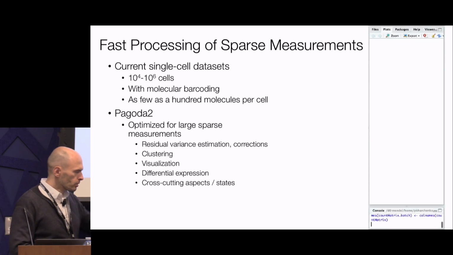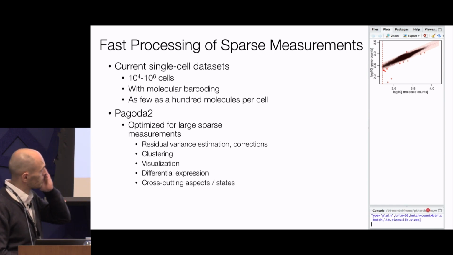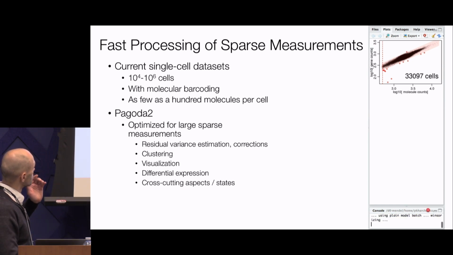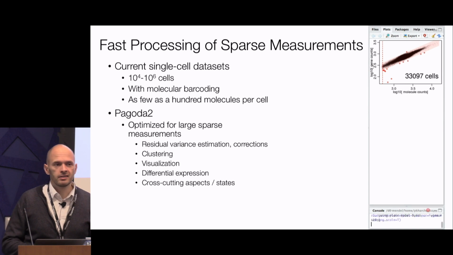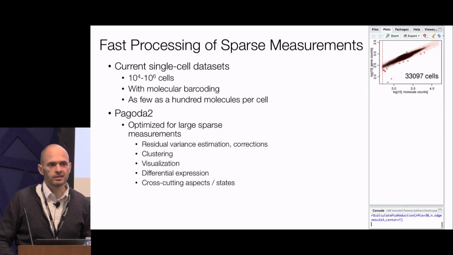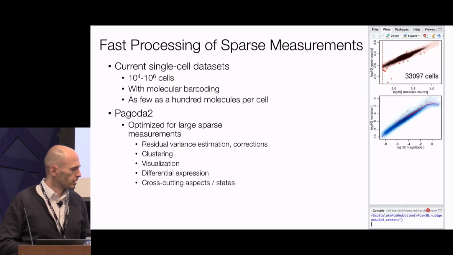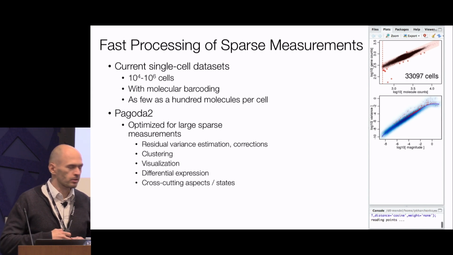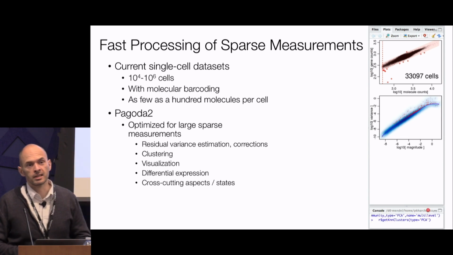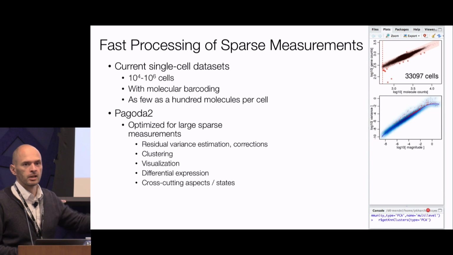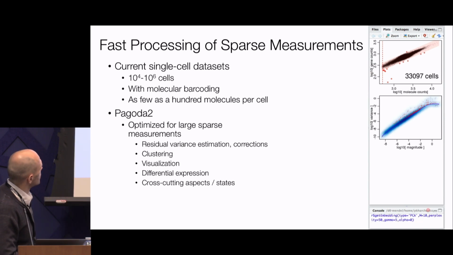Now, the tool that we've designed for analysis of such data, and we've been using, is Pagoda 2. One of the downsides of having data growth like this is that if your data increases by an order of magnitude every year or two, then you have to rewrite your tools, right? Because it's very difficult to write orders of magnitude ahead. So this is the current version, and this is a public data set of 33